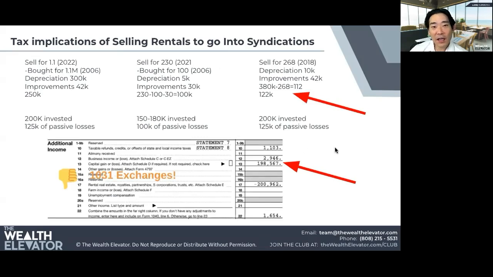The one gotcha, again, I mentioned this before, is the recapture of the depreciation at the deal's exit. When I was transitioning from my single family homes, I believe in 2016 or 17, I was selling off all my properties and I had a capital gain. But the big one was depreciation recapture, because I made the silly mistake of doing a 1031 exchange. I would not suggest doing 1031 exchanges to most people. I know why people do it, because you've got these 1031 exchange salesmen running around telling everybody it's the best thing since sliced bread.